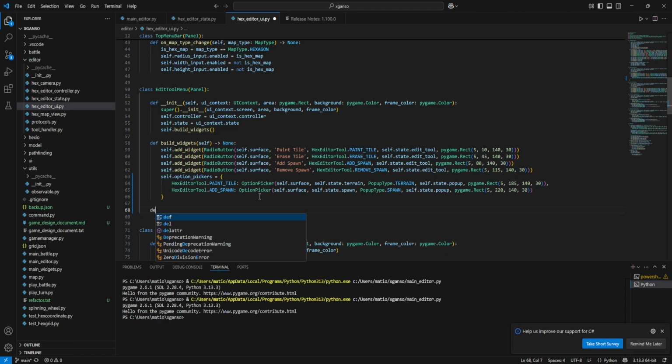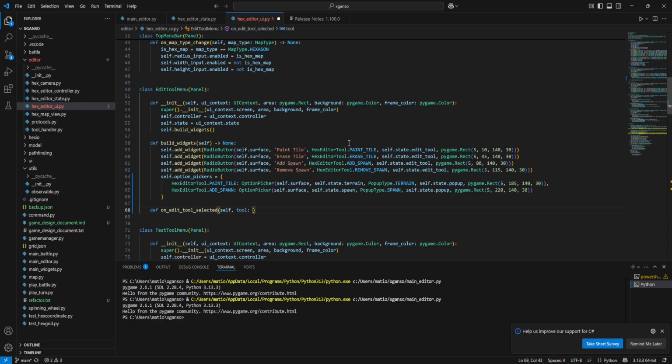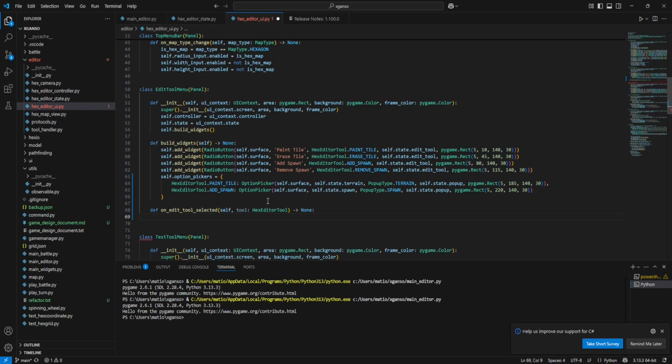And we're gonna define a function, def on edit tool selected, which will take a tool, and this is gonna be a hex edit tool. It will return none, and for option